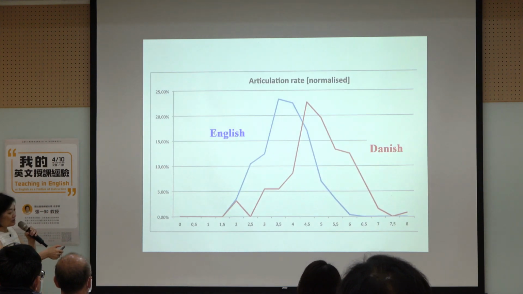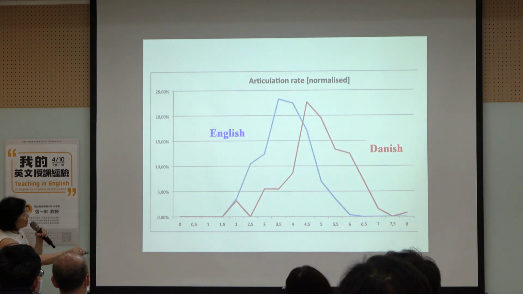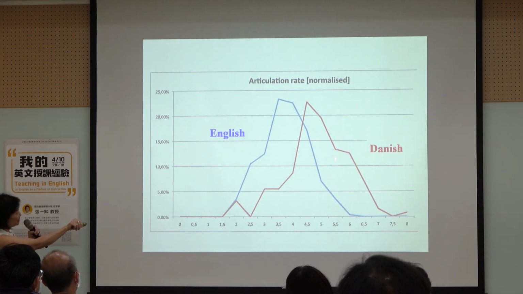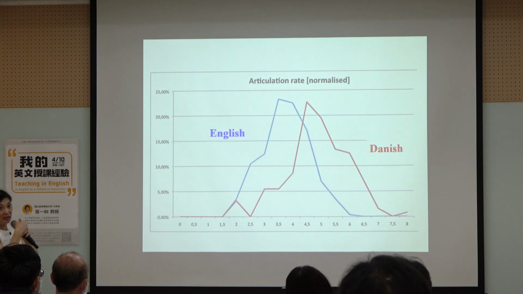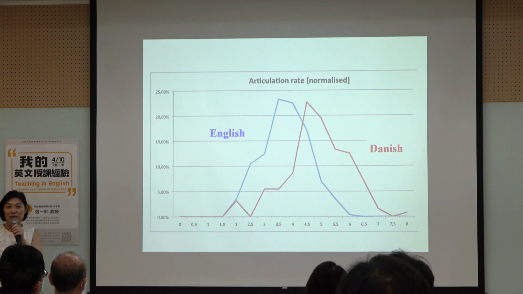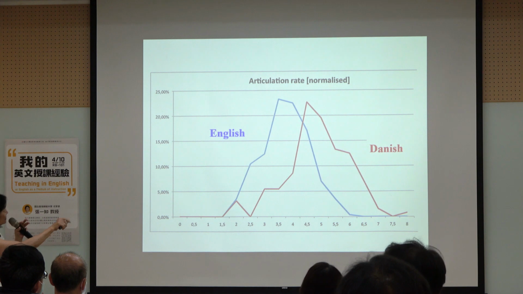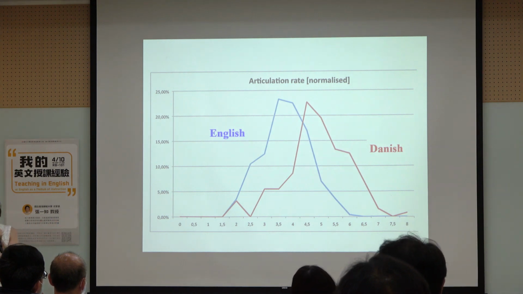Okay, but anyhow, they recorded to check. So this is the results. If they talk in Danish, which is their native language, for this lecture they say more words in the same time. And if they say it in English, it's a little bit less. It's almost 70 or 60% of the native language speed.